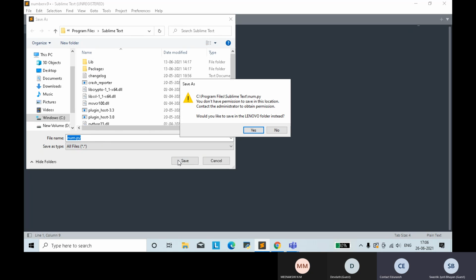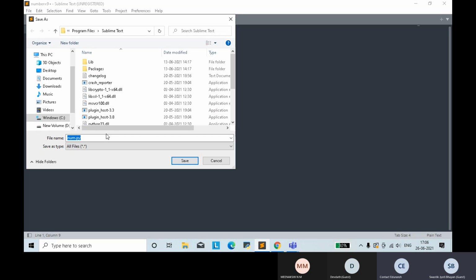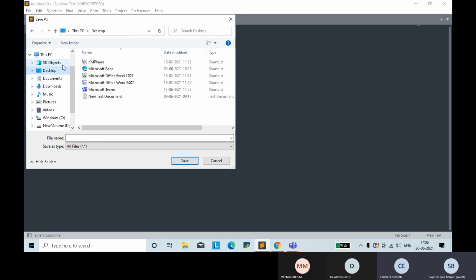Don't save some of these things in program files. No, save it in your Python folder. We have created one folder, right? Go to desktop. Left side, click on desktop. You just create a folder.